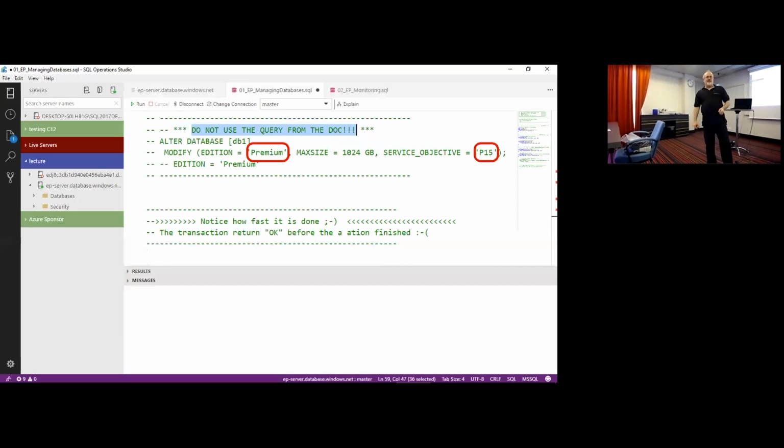Why? Because someone at Microsoft decided that in the demo for learning, he would use premium P15. He cannot use standard, it's not good for the demo. He cannot use basic, you need to use premium. So be careful before you go through the documentation and start to play. Read before you execute it. It's a real story. It cost me several hundred dollars only by learning and checking for several minutes, and this is the result.